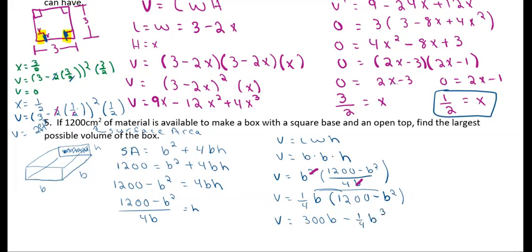All right, we're making progress. Let's take our derivative. So the derivative of 300B is just 300. Bring down your power, so minus 3/4 B, subtract 1 to the second now. So once we take our derivative, we set it equal to 0. So 0 is equal to all this. So if we move our 300 over,